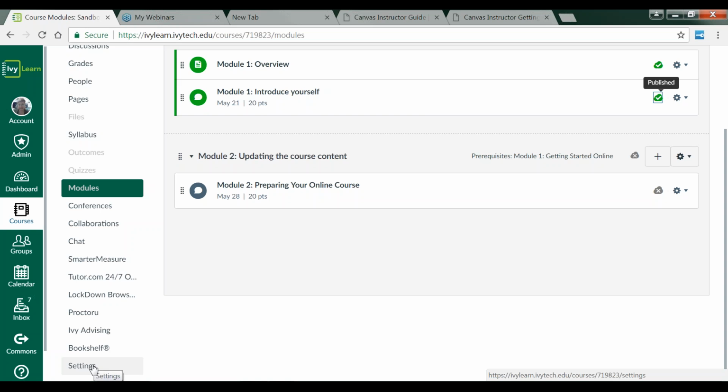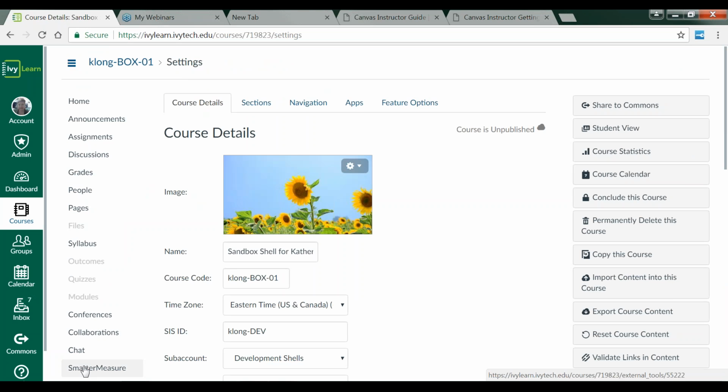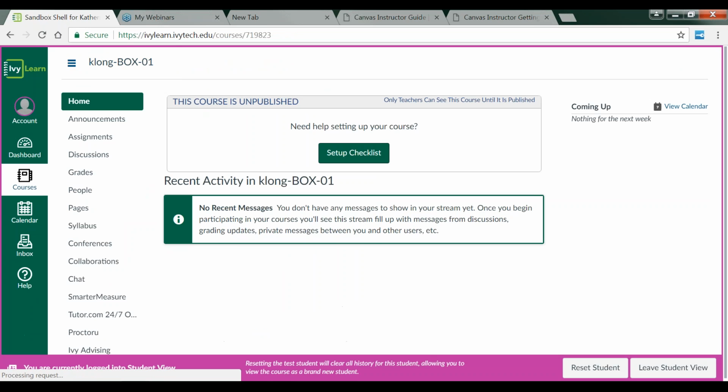This is our course navigational menu. I go to Settings. It's always located at the very bottom of the list. Okay, and over here on the right-hand side in our sidebar content area, here's the student view. I click Student View, and you notice that some of these items disappear, and some of them are still available. When I click on Modules,